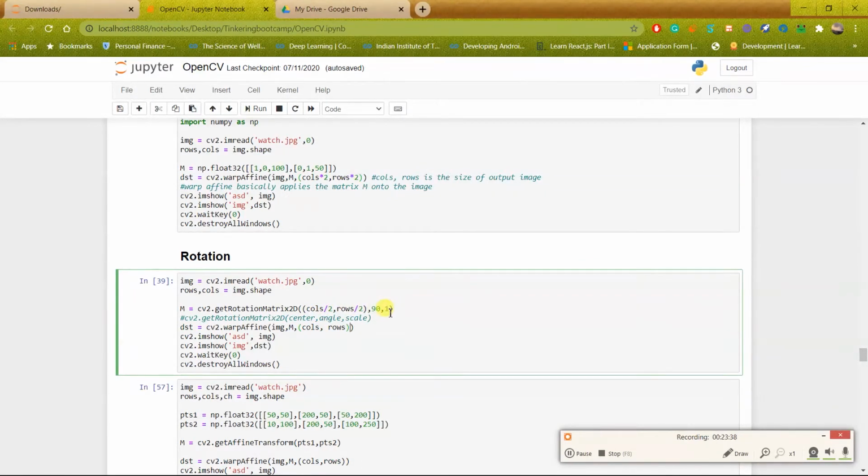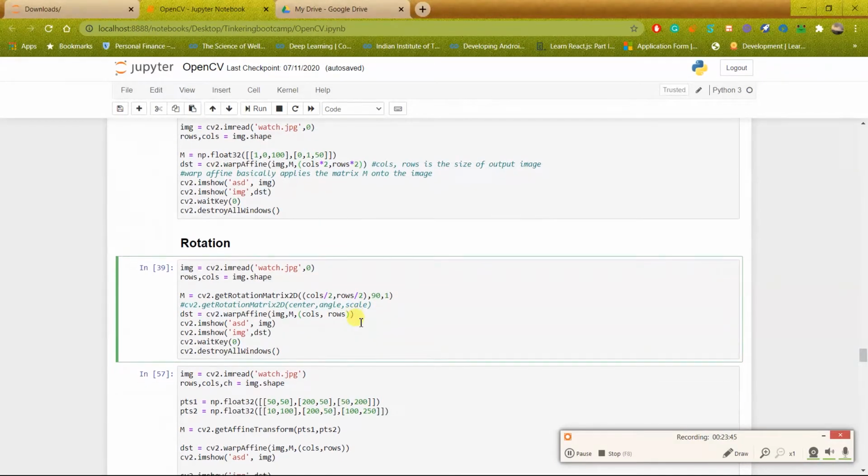After that I specify the angle to be 90 and the scale to be 1, as I don't want to scale the image while rotating. I get the output in a dst variable, and I use the same warpAffine function. I specify the input as the img image, the matrix M which we get using getRotationMatrix2D, and after that I specify the cols and rows.